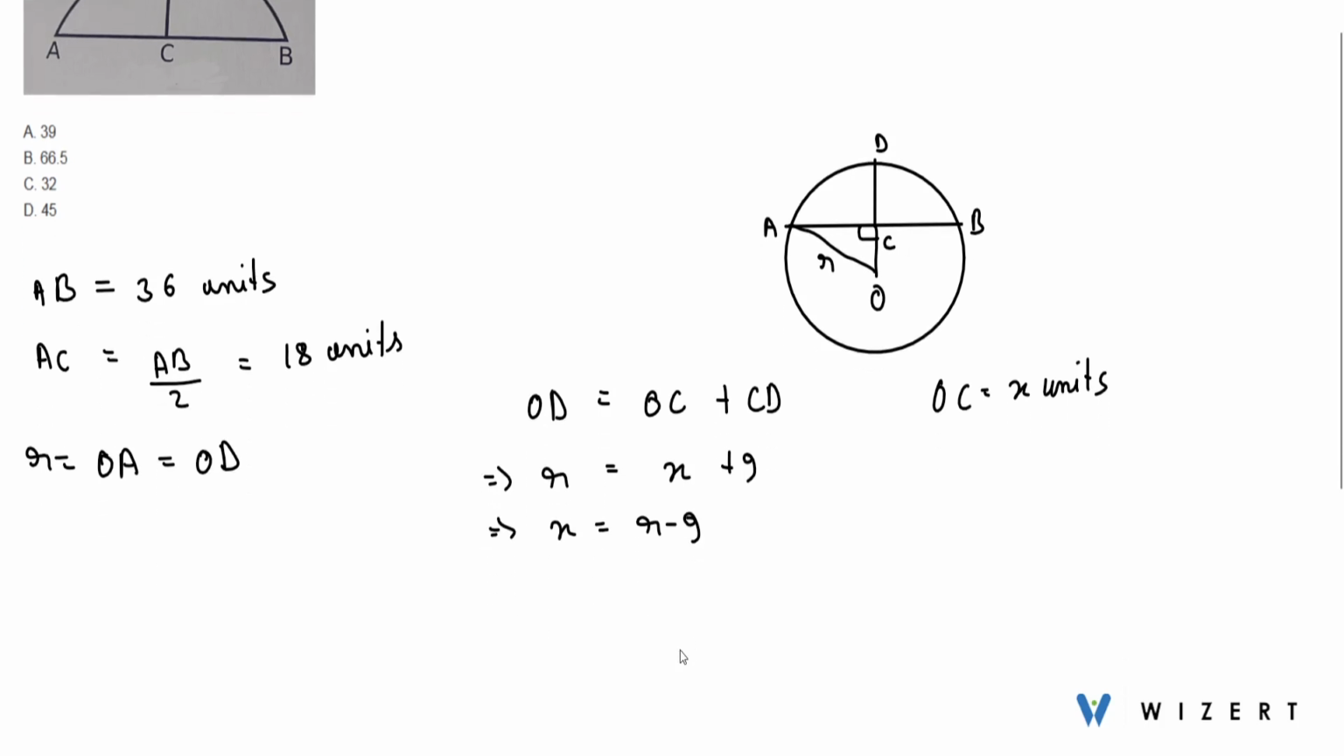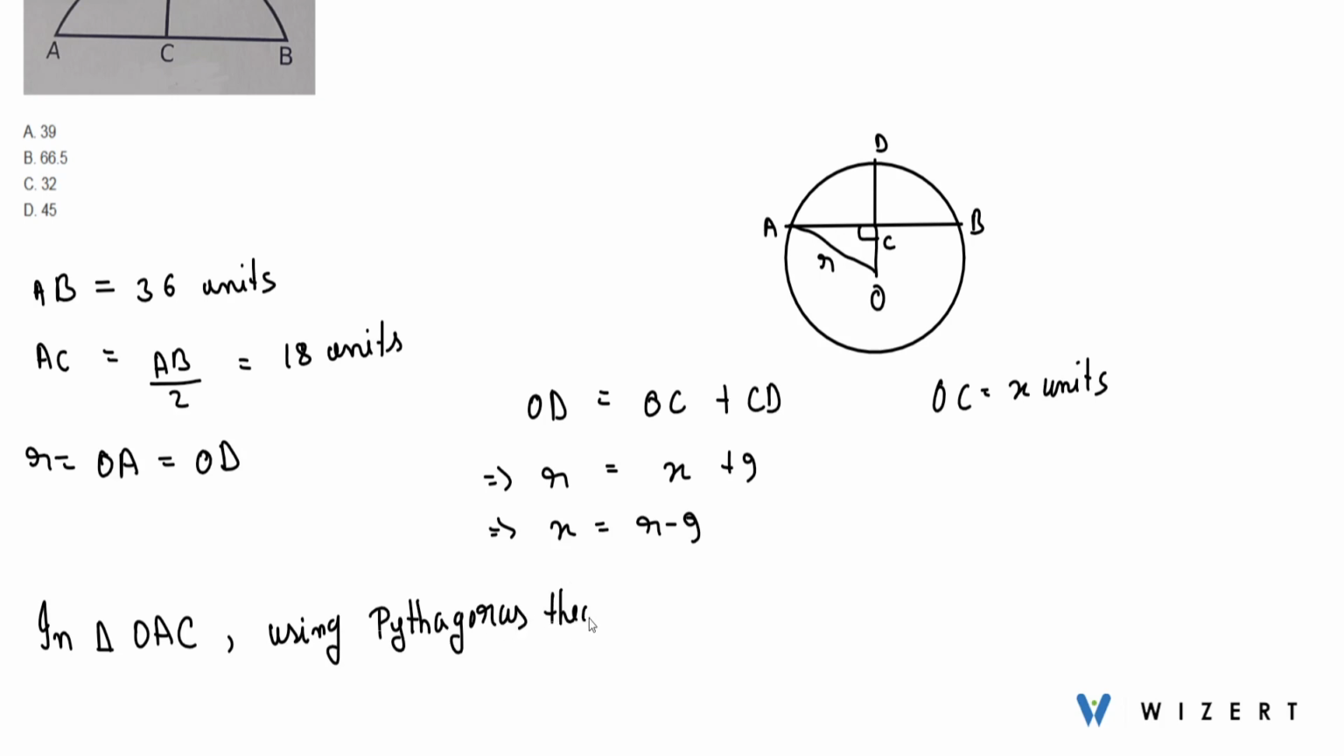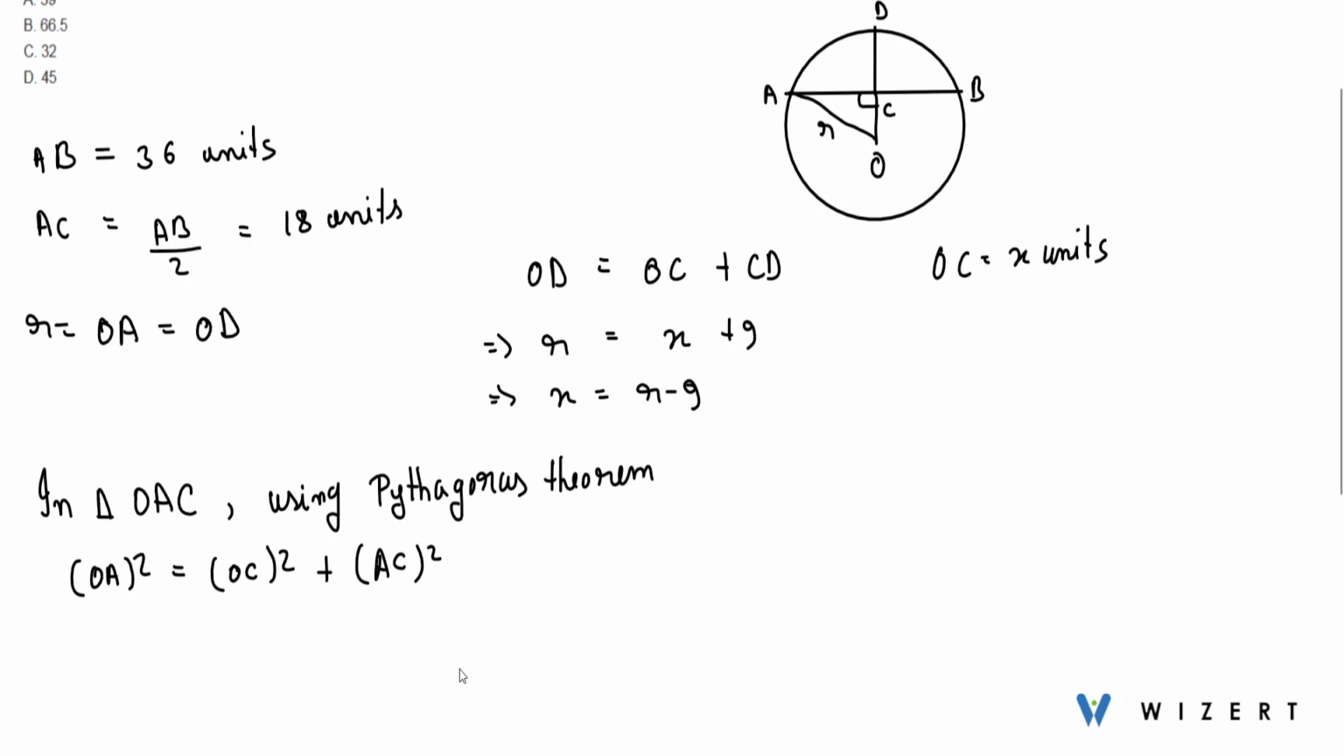Now in triangle OAC, which is right angled at C, using Pythagoras theorem, we are going to have OA square equals OC square plus AC square. Now what is OA? OA is nothing but radius of the circle, which is R square. So R square will be equals OC square, where OC is equals X units, so X square plus AC square,